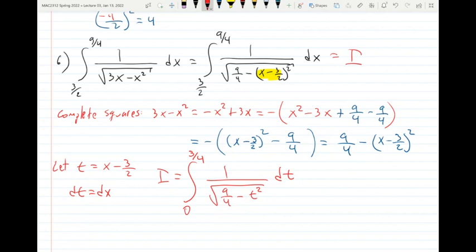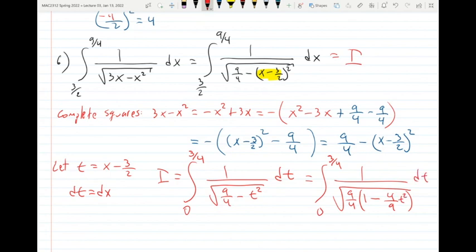Okay, so now here we are in business, right? You can see it's going to be an arc sine, and to do it, what we need to do is first factor out this 9 over 4, to put a 1 here, and so forth. Yes? So let's do it. Inside the square root, I'm gonna factor out 9/4. So we're gonna get 1 minus. Now, I need to divide this by 9/4, but that's the same thing as writing 4/9. Yes? So 4/9 t squared